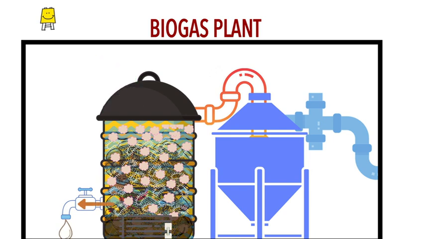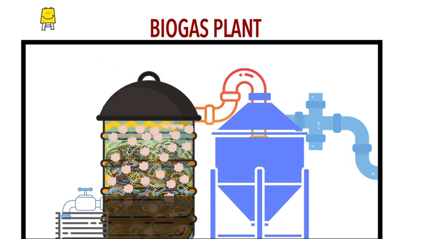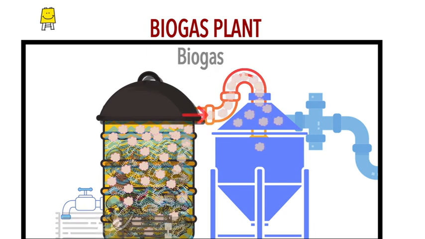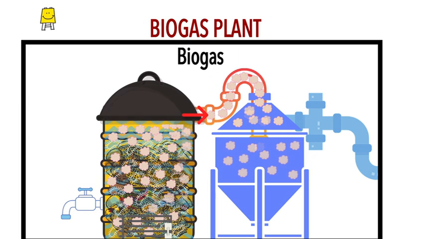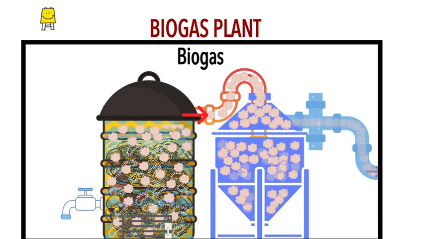The slurry is removed regularly to allow fresh waste to be put into the tank. A semi-solid sludge collects at the bottom of the tank. This is also emptied out periodically. The biogas produced in this process is collected in a second tank and is piped into homes and factories to be used as fuel.